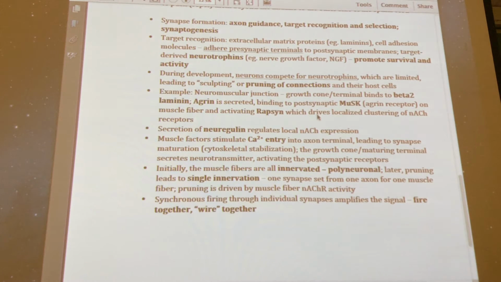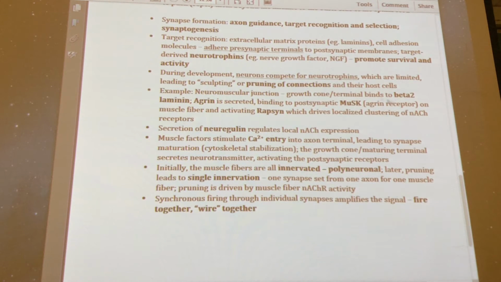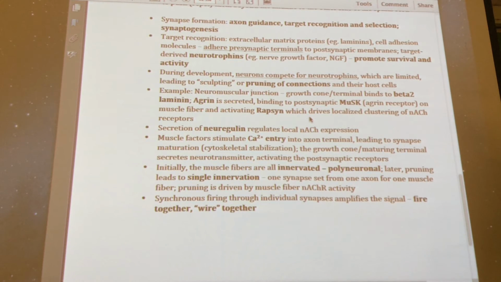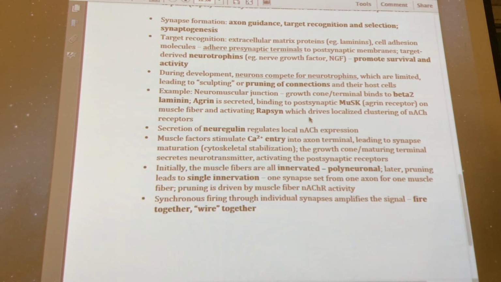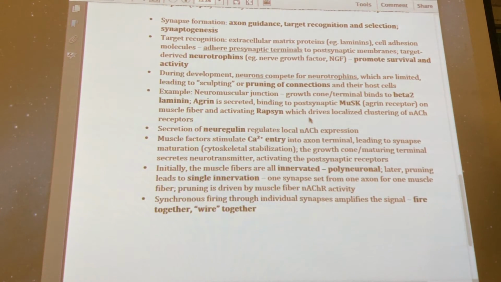And the example of the neuromuscular junction, okay, where it binds to the beta laminin, then there's this agrin that's secreted, binds to this kinase, this agrin receptor, that activates rapsyn, and that drives localization. So now you make a synapse, it gets the adhesion, neurotrophins help to say, okay, you need to stay there, all right, you're good. And then through the signaling, it now brings all the signaling receptors there. And remember, activity locally matters for